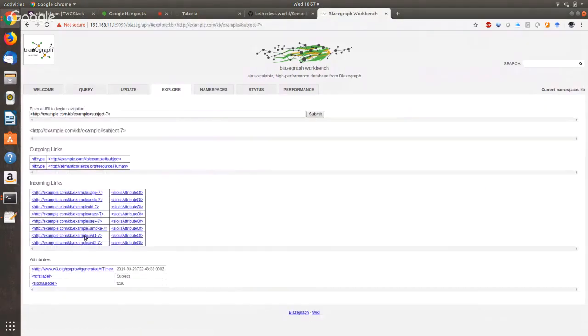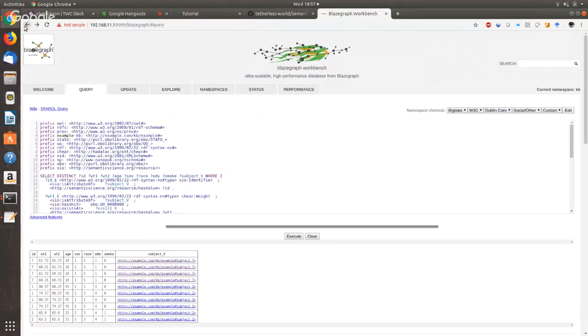You can go and explore it. You see what attributes it has, age, sex, whatever. You can do whatever you can with a BlazeGraph endpoint. So there